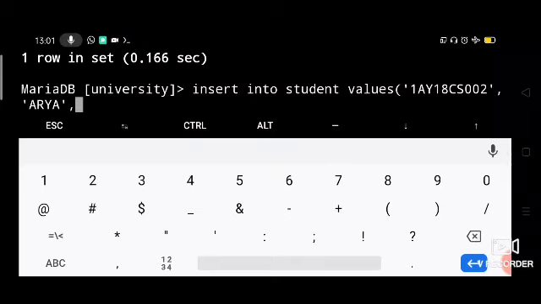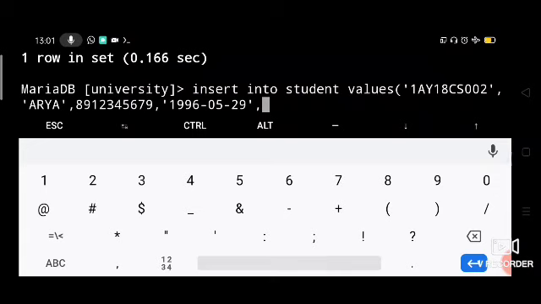Then what value we have to give? Phone number. So phone number is an integer, so you can say, okay, this is the phone number, comma, then date of birth. Date of birth also should be put in quotes, right? So 1996 hyphen 05 month hyphen date is 29. Quote close. This is the date of birth of student Arya, comma,